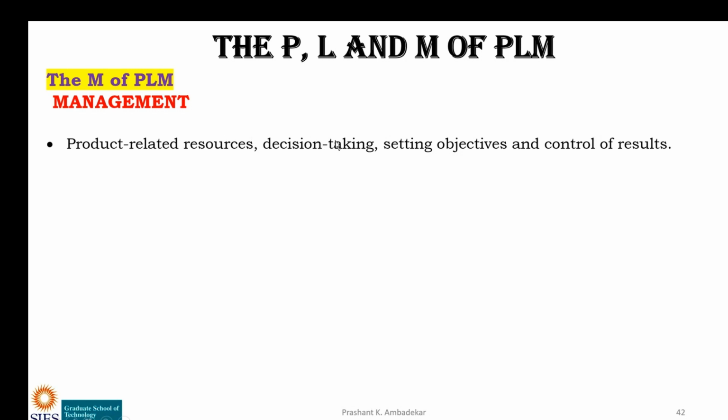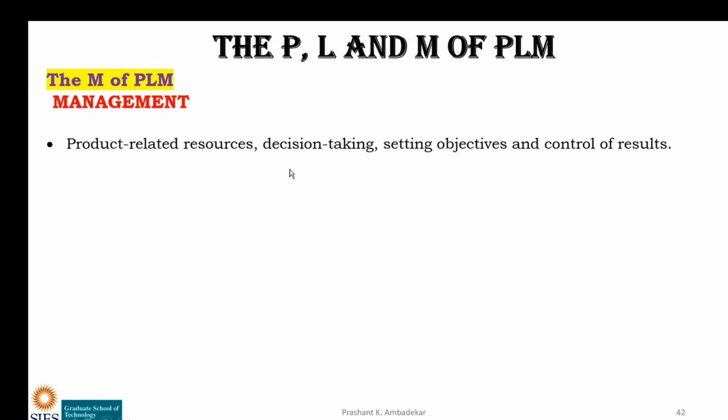Then decision taking activities, then setting objectives, control of result, all these things have to be related to the product and have to be managed. At different places decision has to be taken. Okay, now for example, in COVID the newspaper was sold, but if I talk about Times of India, on Saturdays and Sundays, earlier it used to be around say half a kg of newspaper. Okay, but in this period it was not that much. It was only 8 to 10 pages or 12 pages, if I remember properly, max 15 pages.